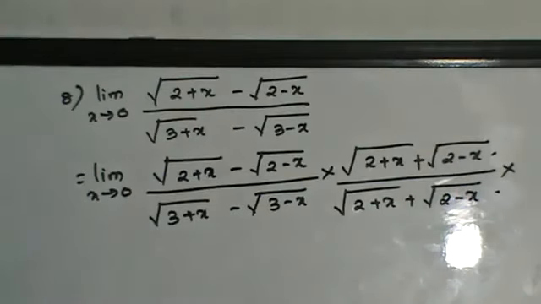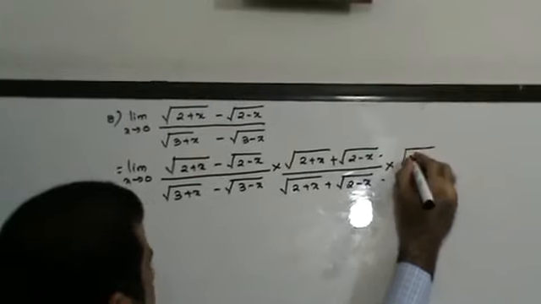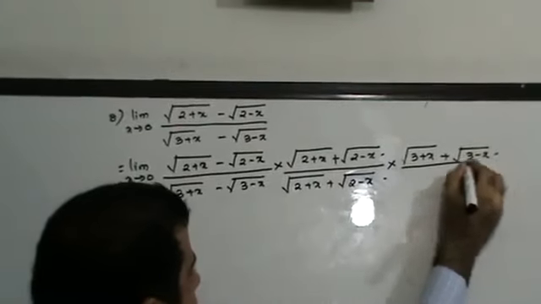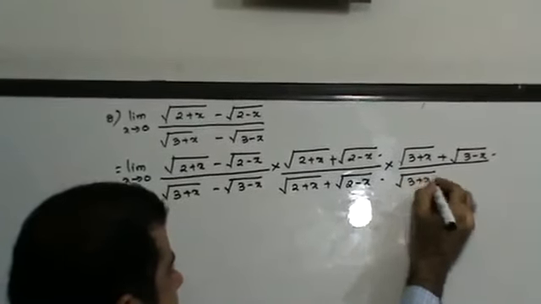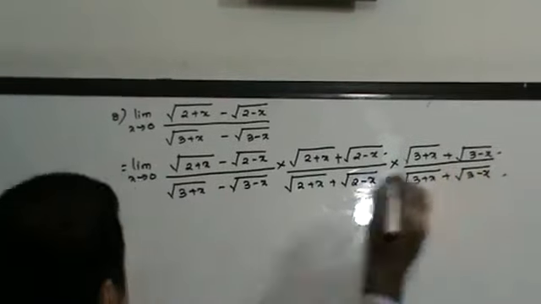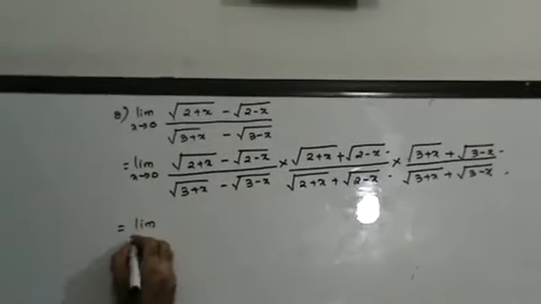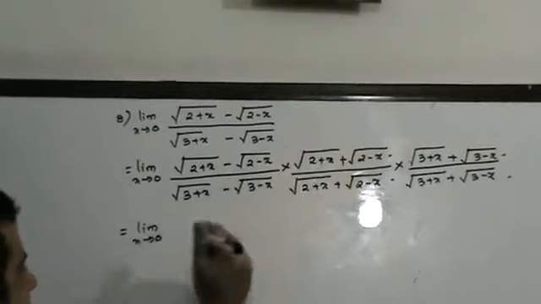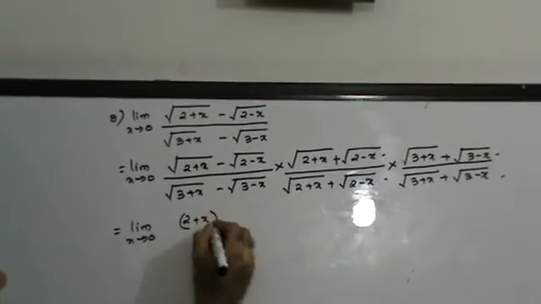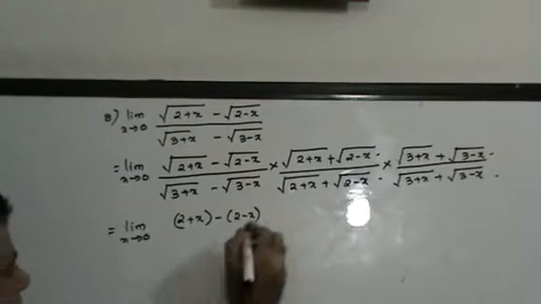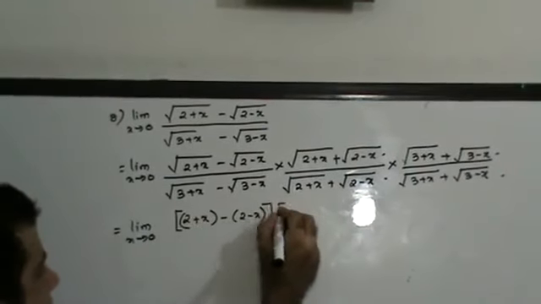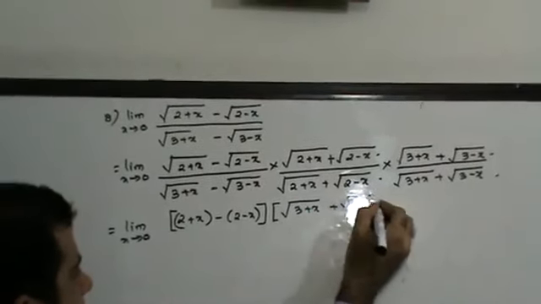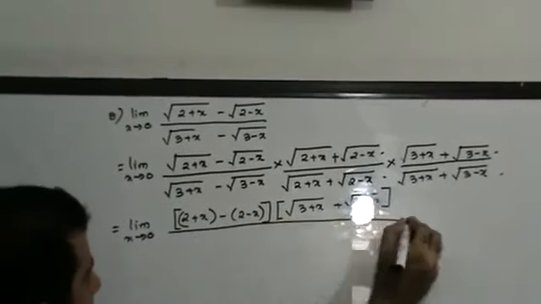Also, let us rationalize the denominator. So this is going to be root of 3 plus x plus root of 3 minus x upon root of 3 plus x plus root of 3 minus x. This can be written as limit of x tends to 0, a minus b, a plus b, a square minus b square, right? This is going to be this, and the other denominator remains as it is, 3 plus x plus 3 minus x upon, in the denominator,